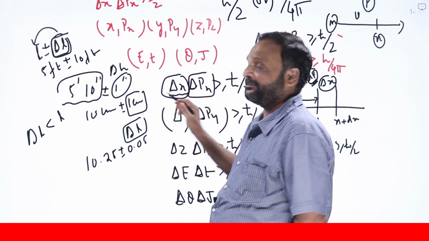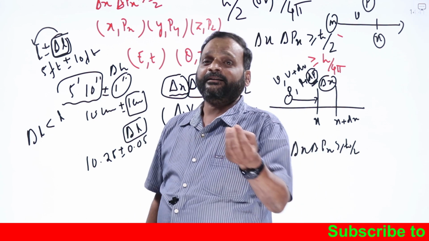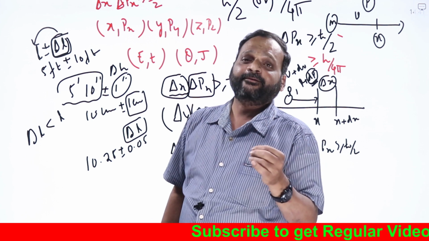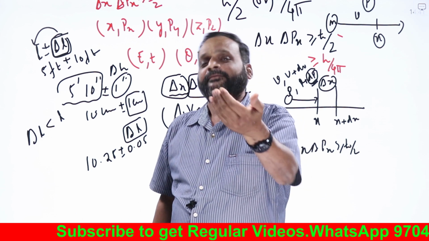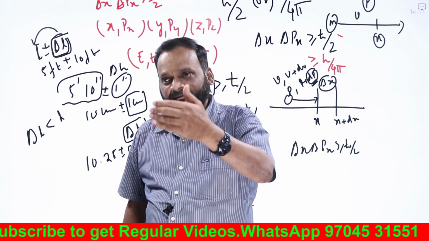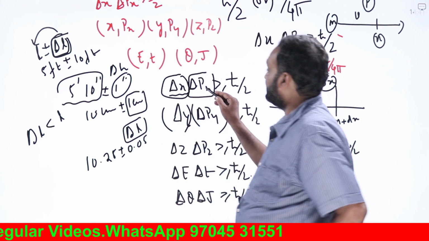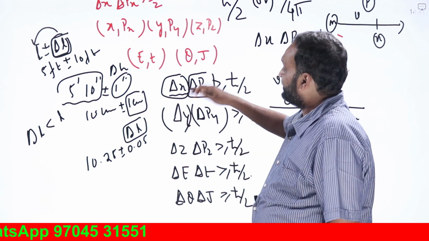Similarly, delta Px must be less than Px. If linear momentum is 10, what is the uncertainty in linear momentum? It cannot be 10. It should be less than 10 only. It can be 5 or 2 or 3. The smaller the value, the better it is, meaning the more accurate your experiment is. So remember, position and momentum uncertainty values should be less than the actual values